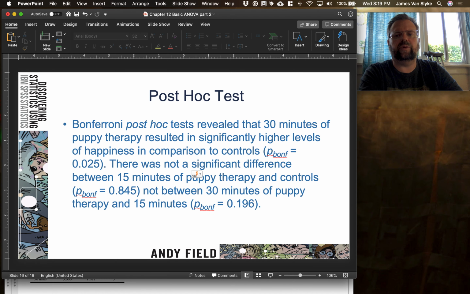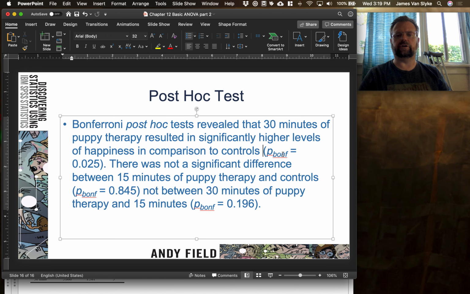Really quick, this is the way that you write out the results section for the post hoc tests. It's very similar to what we do with the planned contrasts. A couple things to notice here. You only have to write down the p-values. That's all you need to actually do for each one. And you do need to use this subscript key right here, so like right now I'm on subscript, to indicate that this is a Bonferroni corrected p-value. Okay, so the way we do this, Bonferroni post hoc test revealed that 30 minutes of puppy therapy